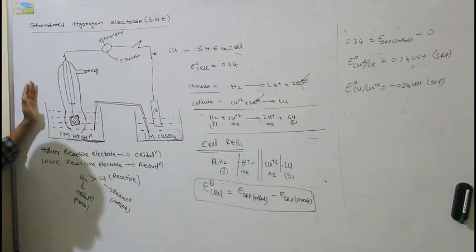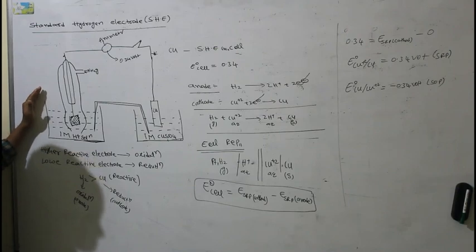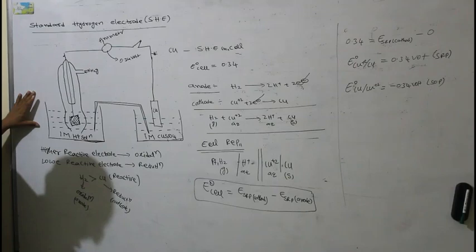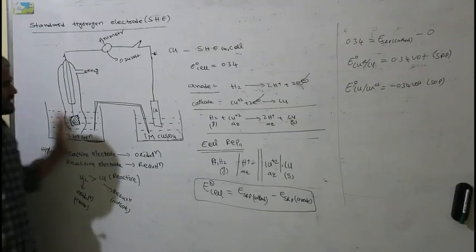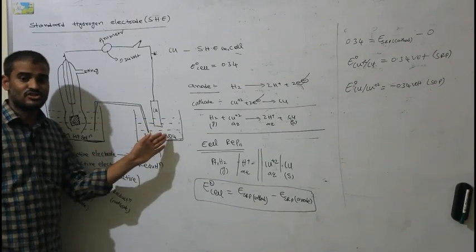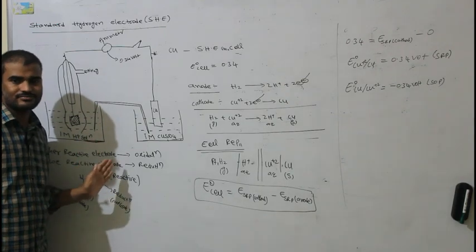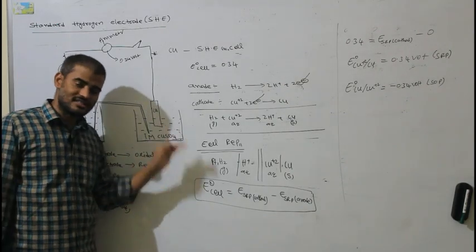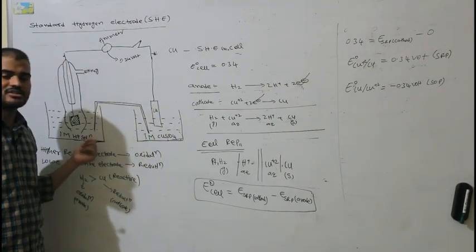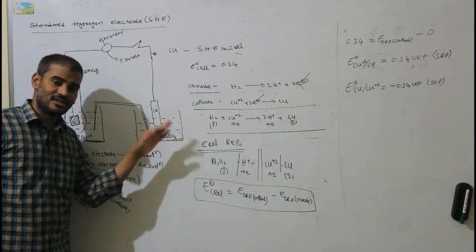When it undergoes oxidation, it can also undergo reduction. It can act as an anode, and it can act as a cathode. Whichever it participates as, its reduction potential value will be 0 only. Whether it undergoes oxidation or reduction depends on the other electrode you take. If the electrode is more reactive than hydrogen, then hydrogen will undergo reduction. If you take an electrode less reactive than hydrogen, then hydrogen will undergo oxidation and act as the anode, acting as anode or cathode based on the nature of the electrode you are taking.